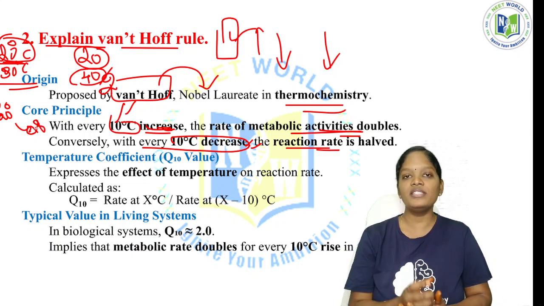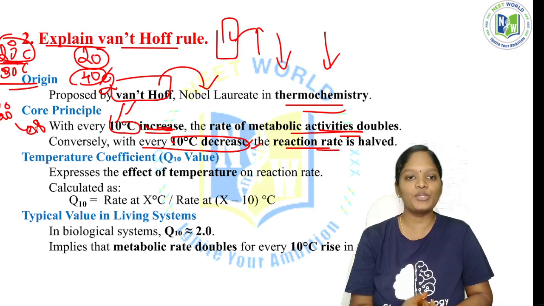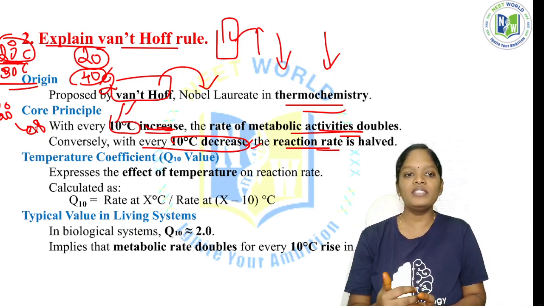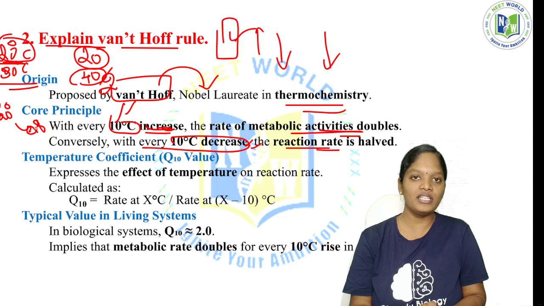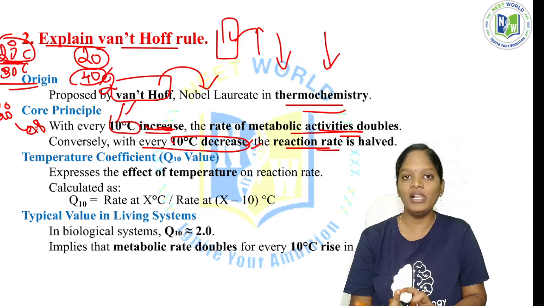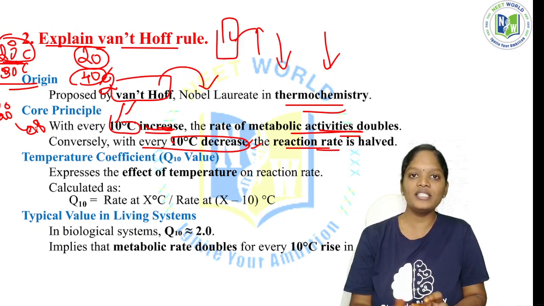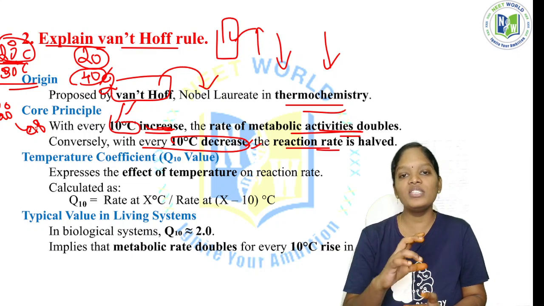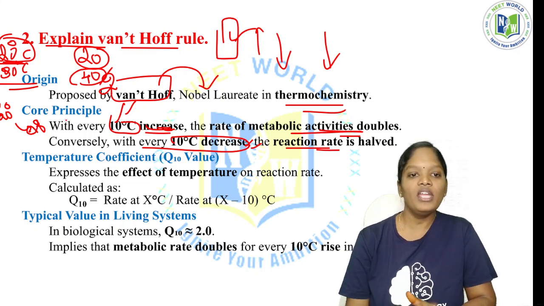Van't Hoff's rule was proposed by Van't Hoff. He explains that with every 10 degrees Celsius increase, the metabolic activities will double, and with every 10 degrees Celsius decrease, the metabolic activities will be halved. So this is the rule of Van't Hoff. Now, what is